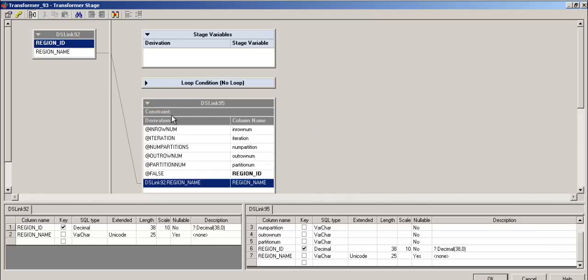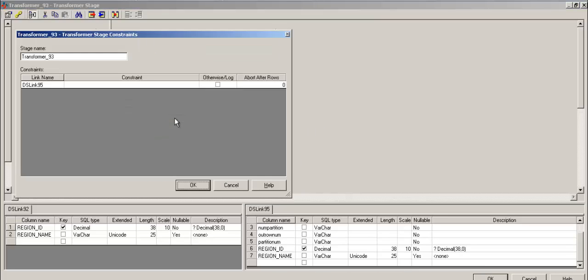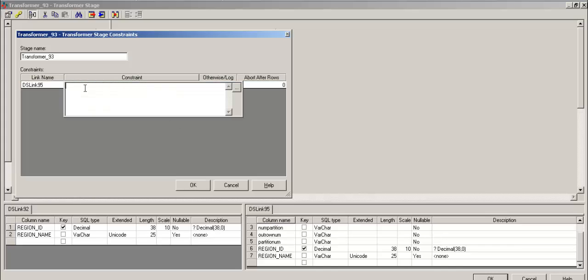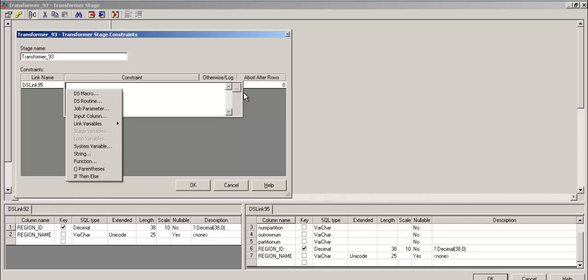Okay, and the other thing which I want to tell you is, when you click on the constraint level, or the table level, it's going to have an additional option which is called link variables. Okay, link variables, and I'm going to tell you about the link